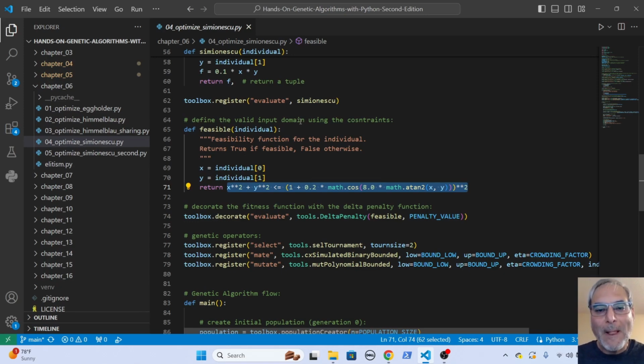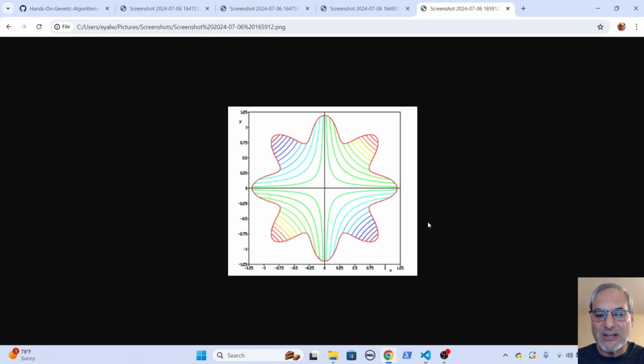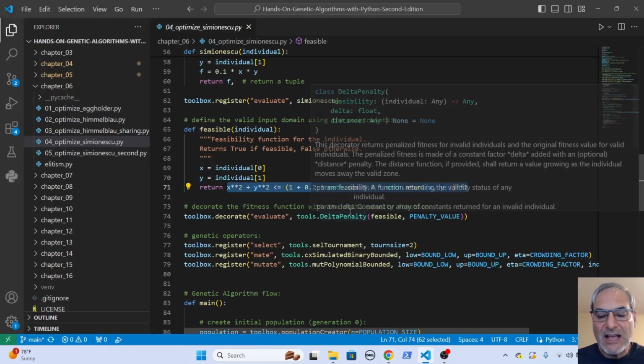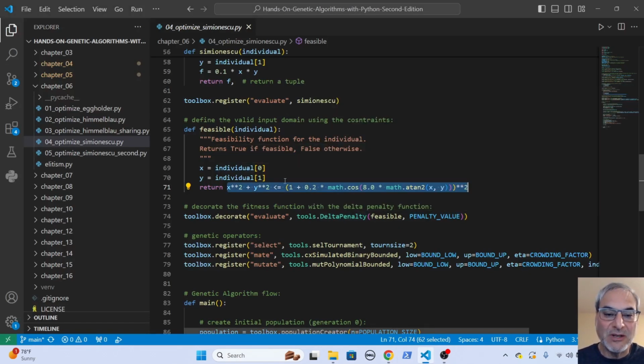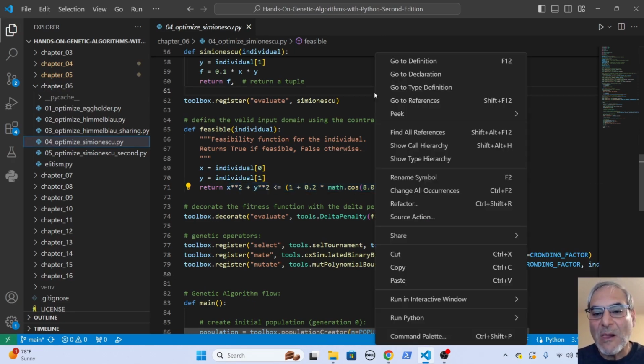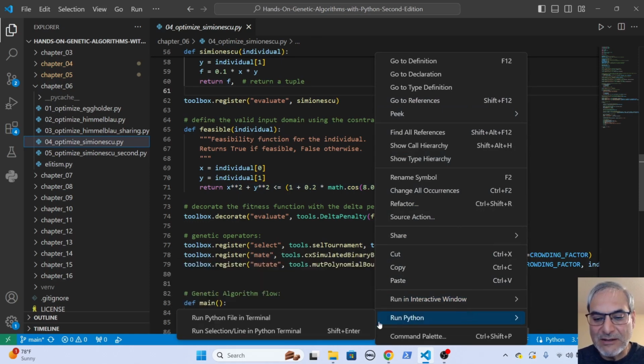And the toolbox of DEAP can use it as a decorator for our fitness function, which is going to be the original function before the constraint. And the combination of the two will actually help us to find the solution within this constraint. So if you run that,